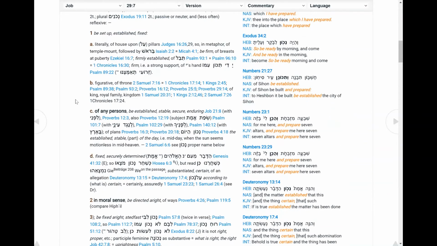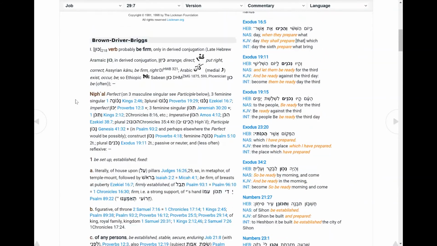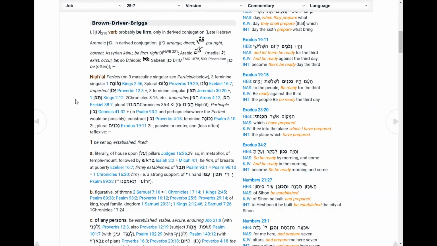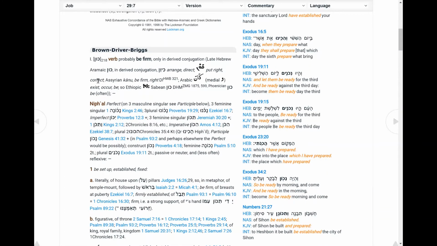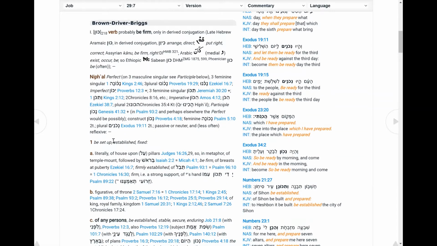So I want to find out which of these meanings the particular word has in Psalm 51 verse 10. But actually I can have a look here to see that it's based on being firm. It's got something to do with being set up and established and fixed, a heart that's established. But what I can do is search on this page. So I hold Control F on my keyboard there, search Psalm 51,